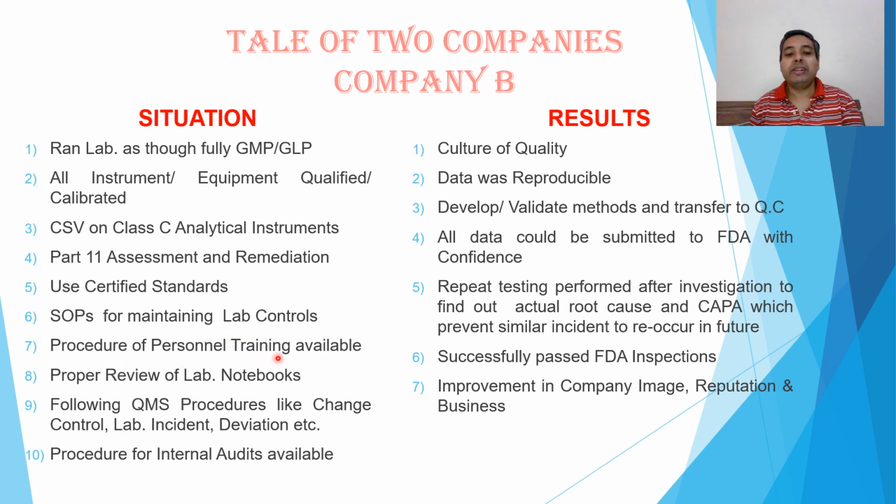A procedure for personnel training is available. Employees are trained prior to performing their activity, so that employees can be more skilled and more aware of the requirements. Proper review of lab notebooks is available. There is a robust review system by the quality unit of company B. QMS procedures like change control, lab incident, deviation, etc. are being followed